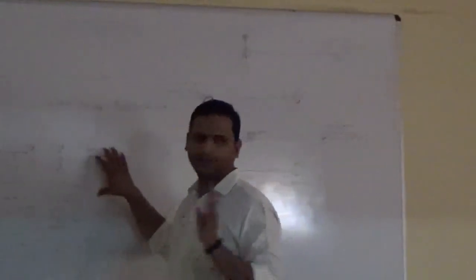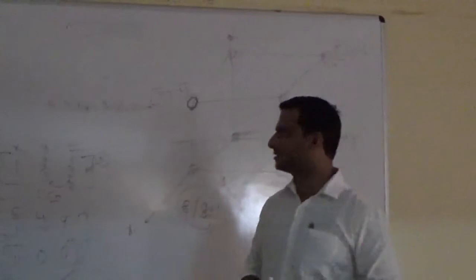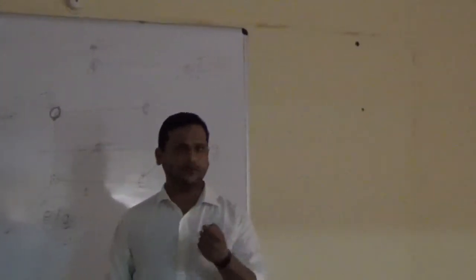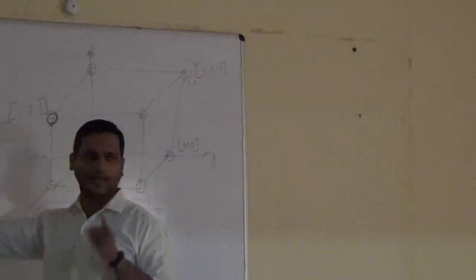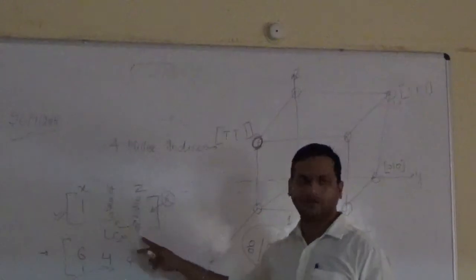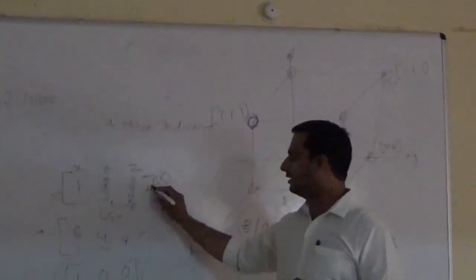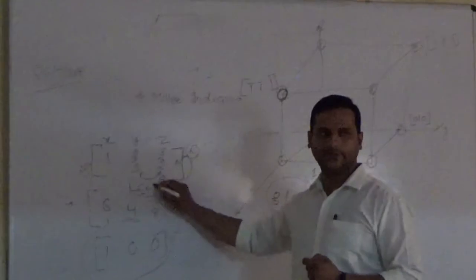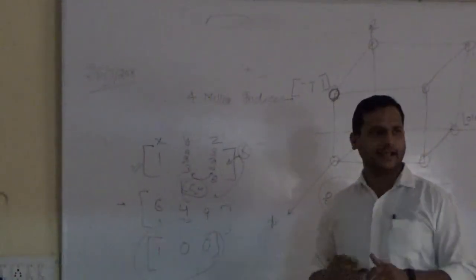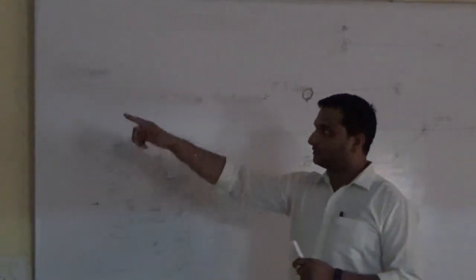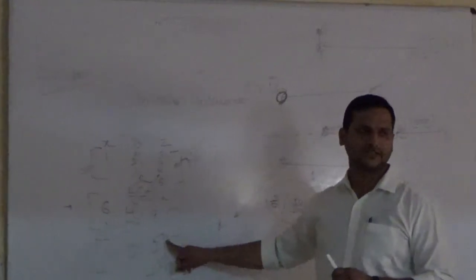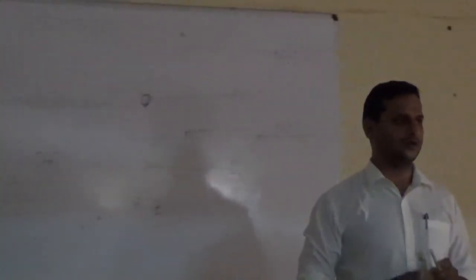It may be less likely, but a question can come asking you to draw the Miller indices plane which intersects the x-axis at 1, y-axis at 2 by 3 and z-axis at 3 by 2. So simply multiply everything by the LCM and you will get the integers, and draw a plane on those axes at x equal to 6, y equal to 4 and z equal to 9. Understood?